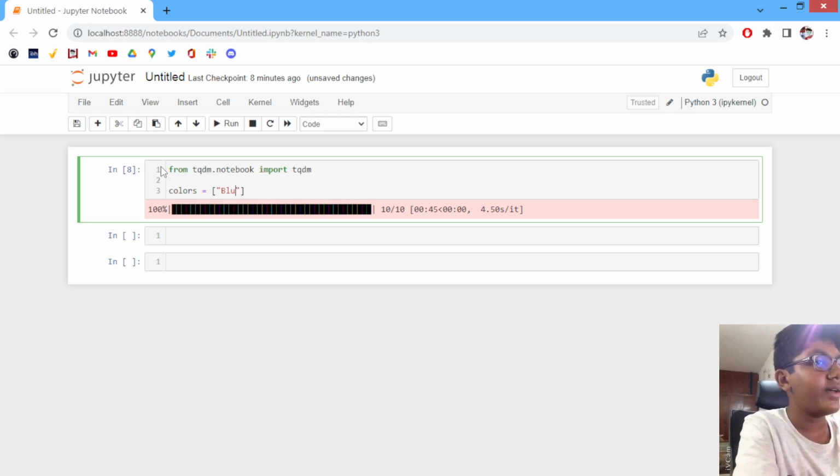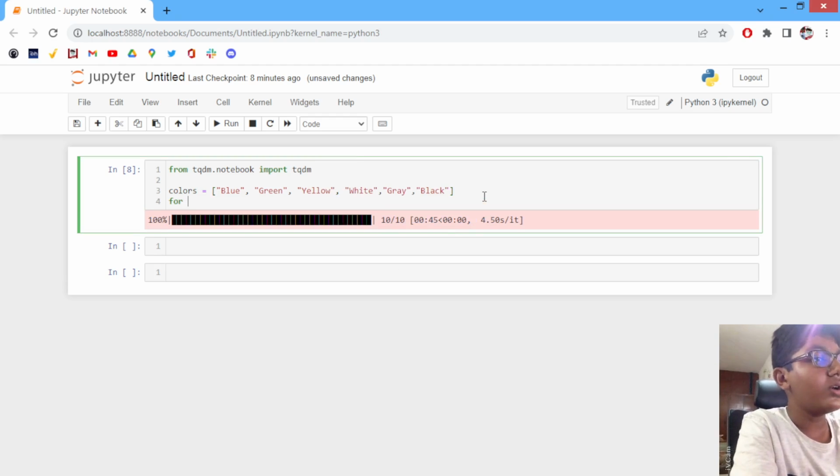I'll explain why we don't need to give the colors. Blue, green, yellow, alright, yellow, and then some more colors, right? Pretty cool. Next we are gonna do for x in tqdm